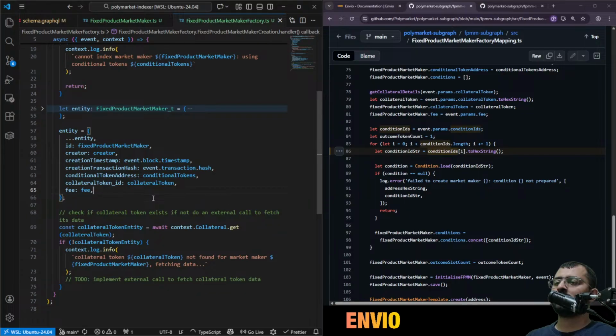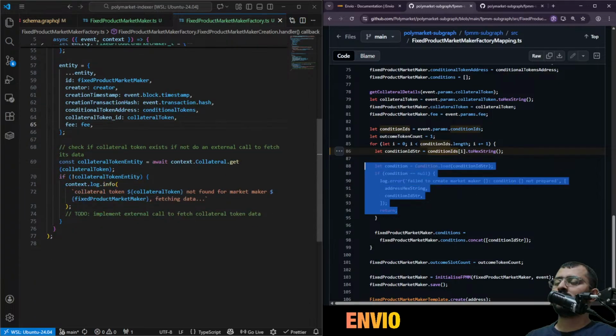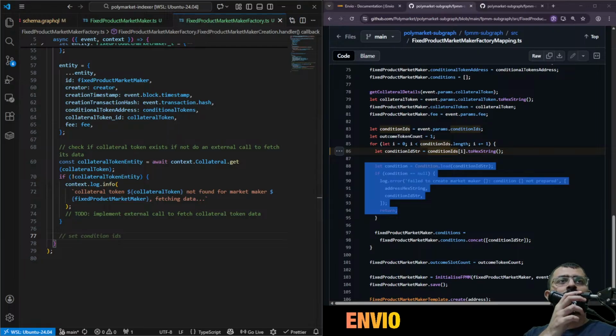Just let's remove that, because there is a validation snippet where we are validating the condition IDs. Where we are validating the condition IDs. So let's do that part where we do